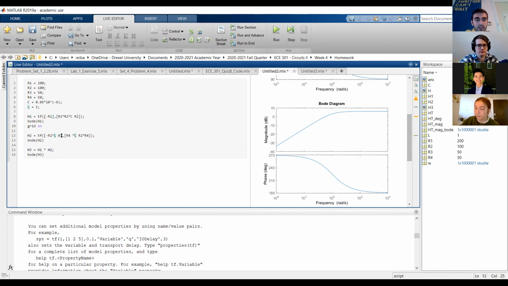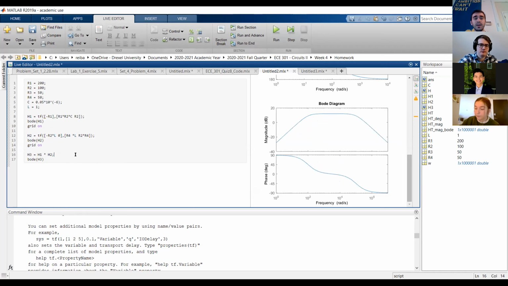And in the numerator, we have, again, two numbers. So this is a is r4 times l times s, and this is just the coefficient afterwards. And we plot here body H2. And then if we want to get the total transfer function, we just multiply them exactly like we did before. And we just press body of the transfer function like that. And if we run this,